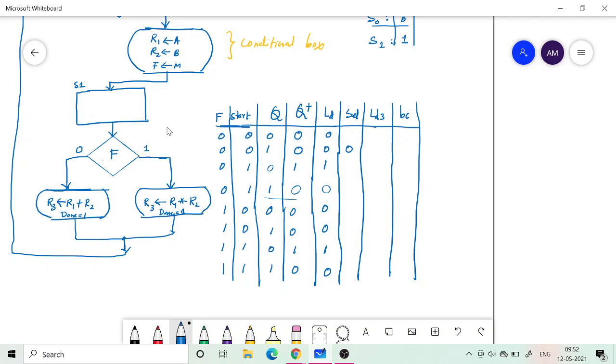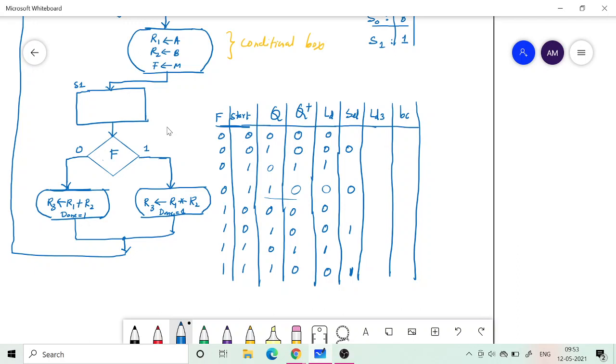Whenever Q is 1, so this is another place Q is 1, at that time F is 0, so I should have a 0 here, and then another place Q is 1 is here. That time my F is 1, so I should have 1. And one more place Q is 1. When Q is 1, that is the time I do the addition or multiplication. So here also my F should be 1.